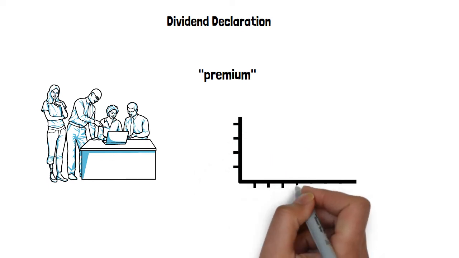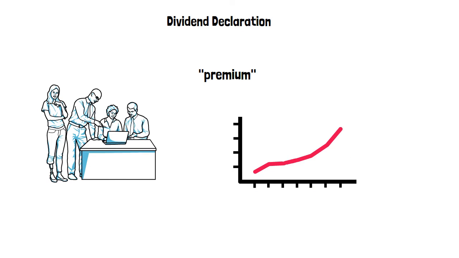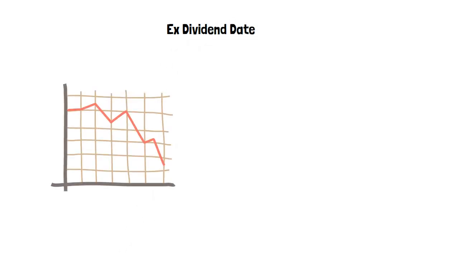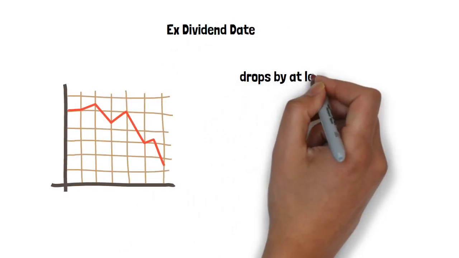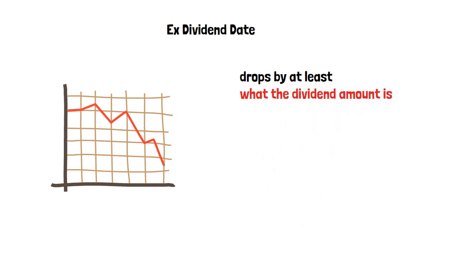Following the declaration of a dividend, stock prices generally tend to increase in the days leading up to the ex-dividend date, although this isn't always the case. On the ex-dividend date, however, the price of the stock tends to drop by the amount of the dividend to account for the fact that new investors are not eligible to receive dividends and are therefore unwilling to pay a